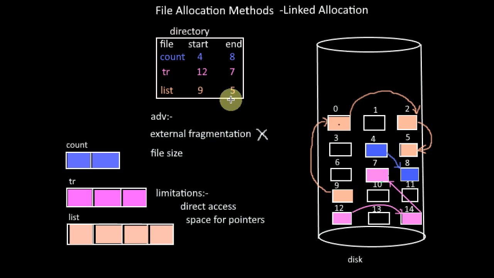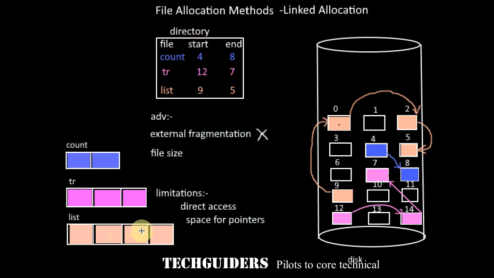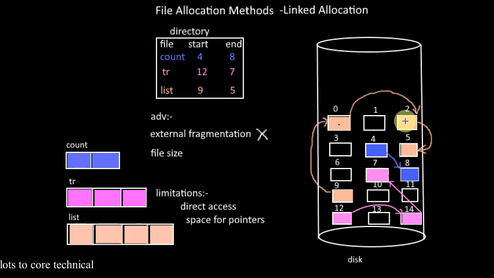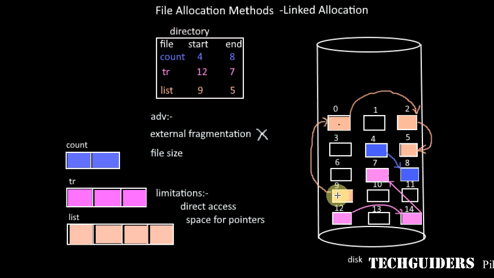A major limitation of the linked file allocation scheme is regarding the direct access of any particular file block. Suppose we need to directly access the third block of the file list. For that, we should first access the directory, get the address of the first block. Then we should move to the disk and access the block from that location and read the address of the